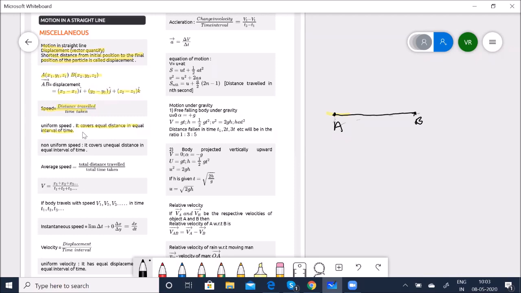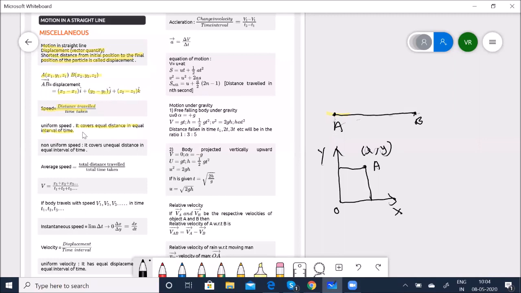When I say two-dimensional motion, the motion of an object is said to be two-dimensional for only 2 of the 3 coordinates. Here we saw displacement for 3 coordinates, is it not? Instead of that, we are going to have only 2 coordinates, that is the x and the y coordinate. This is the origin, x-axis and the y-axis. This point A will have both the x coordinate and the y coordinate, right? In that case, it is a two-dimensional motion.